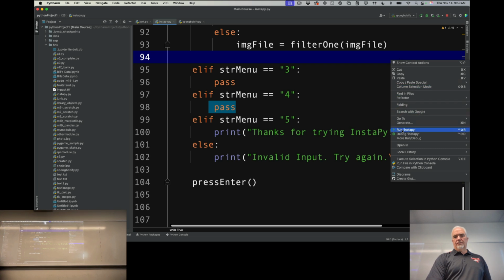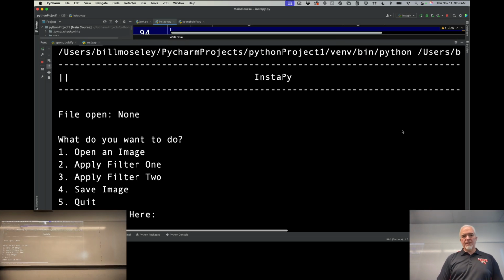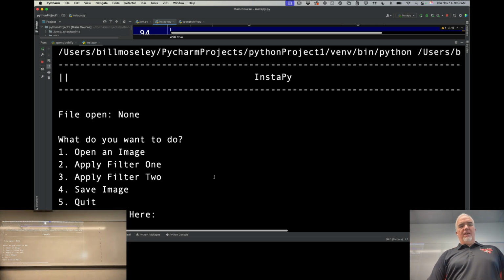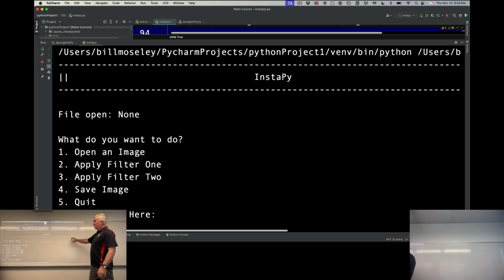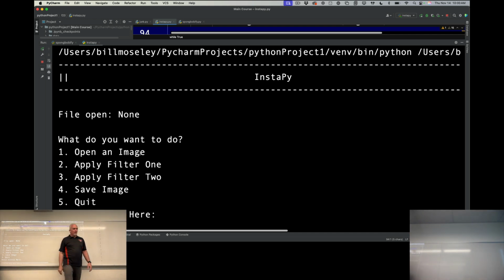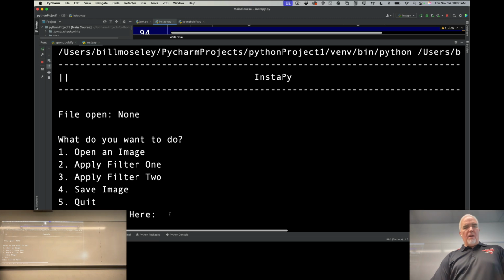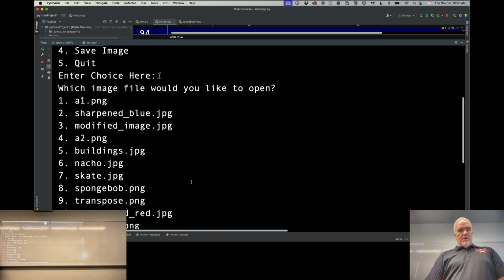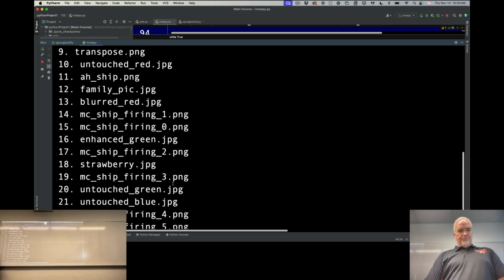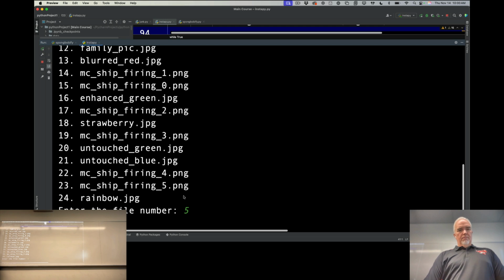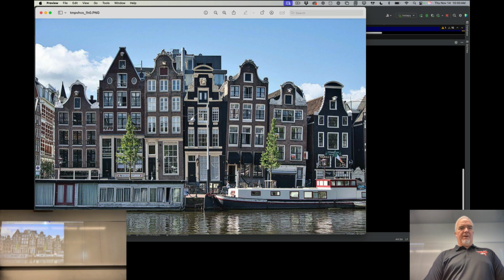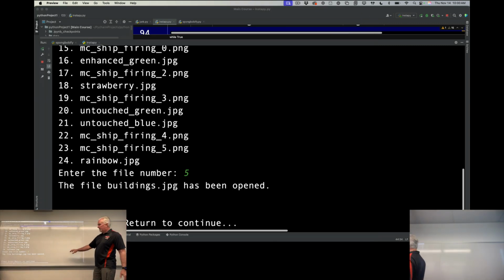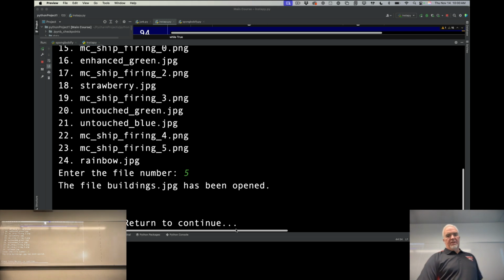So if I run this, okay, so here's my program. And this basically is what the code that you have on Canvas will give you. You can see it starts out with no files open, and you have the menu choices. So if I open a file, let's open the buildings file. Okay, so there's that file that we've been playing around with. And it says the file buildings.jpg has been opened. So if I press enter to continue,